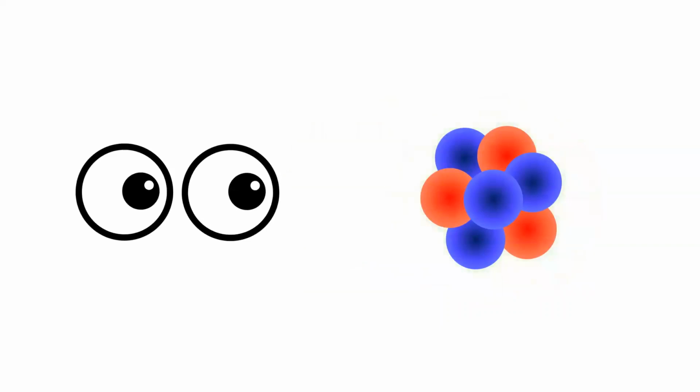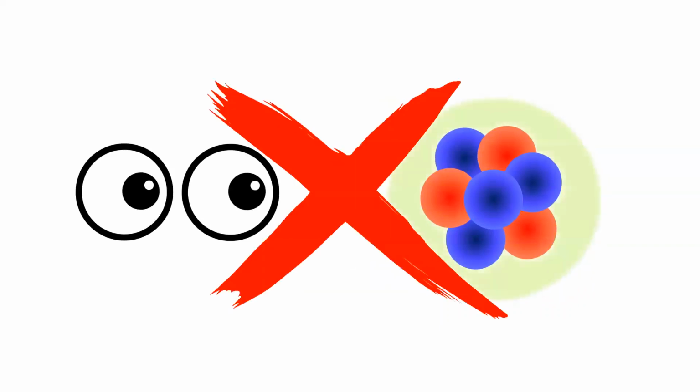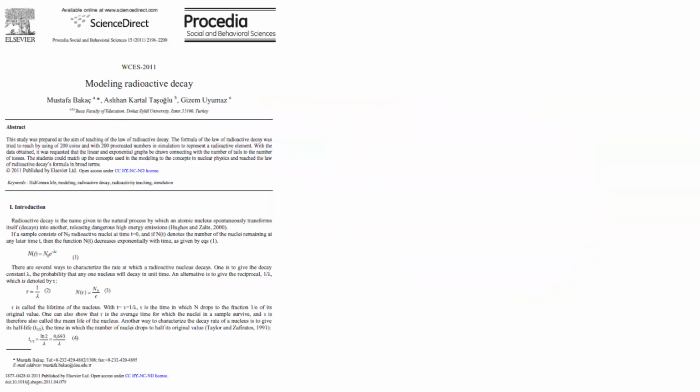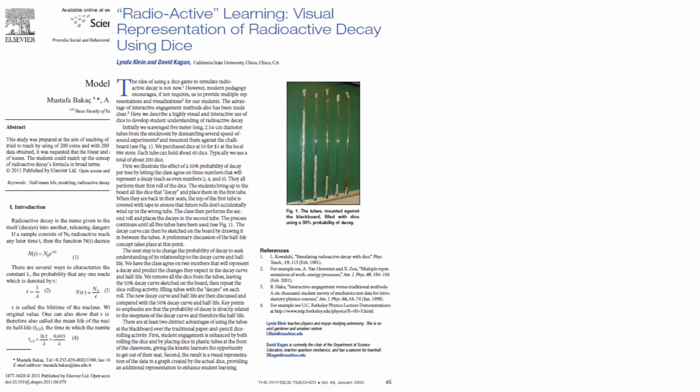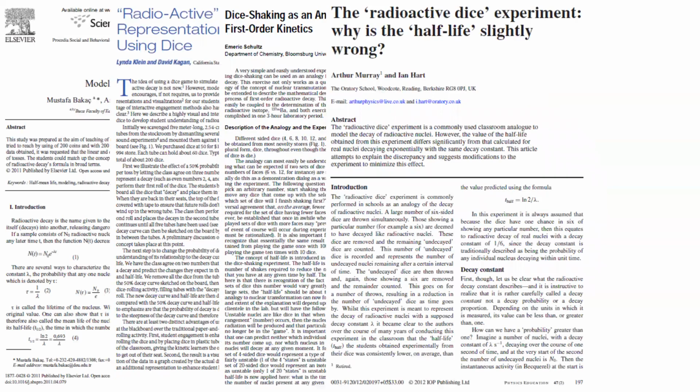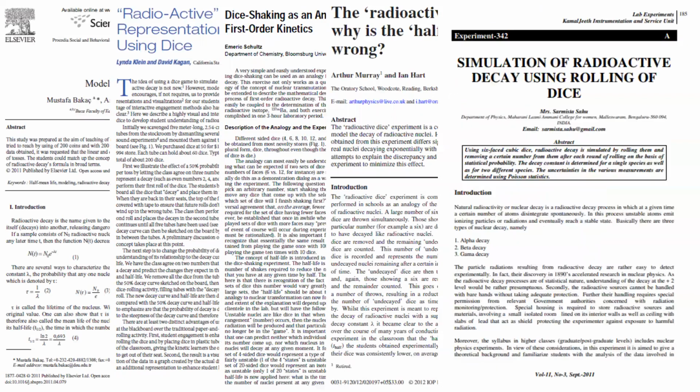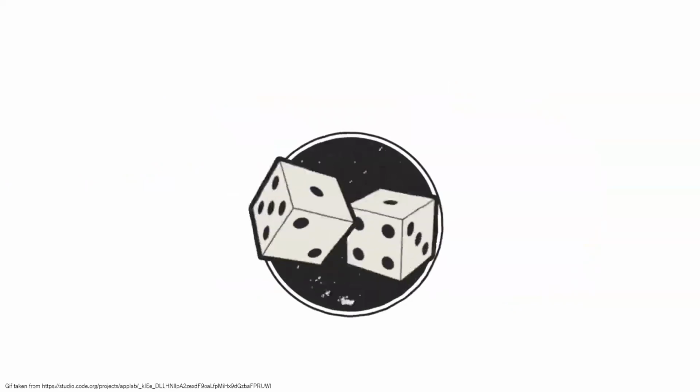However, since radioactivity is a process that cannot be seen by the naked eye, it could be difficult for some students to understand this phenomenon. That's why multiple experiments have been developed to simulate radioactive decay. In particular, a simple experiment can be simulated in a classroom setting by rolling dice, which is called the radioactive